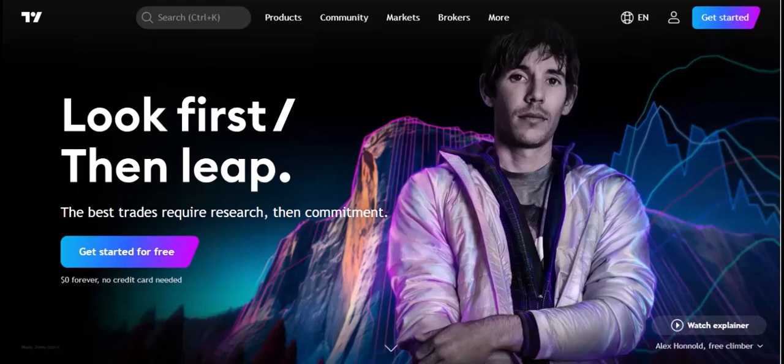Ever wondered if you need to empty your savings account just to dip your toes into the world of charting and analysis on Tradingview? Is there a secret handshake, or perhaps a minimum fortune, required to access those beautiful, interactive charts and powerful trading tools? It's a question many aspiring traders and investors ask, and it's a valid one, especially when you're just starting out